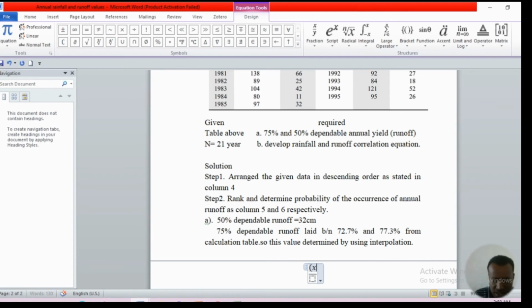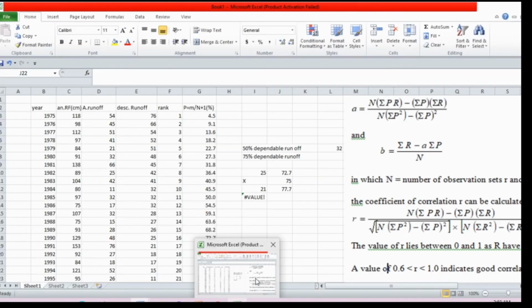It means x minus 25, closed, and over 25 minus 21 in brackets, and just equal to